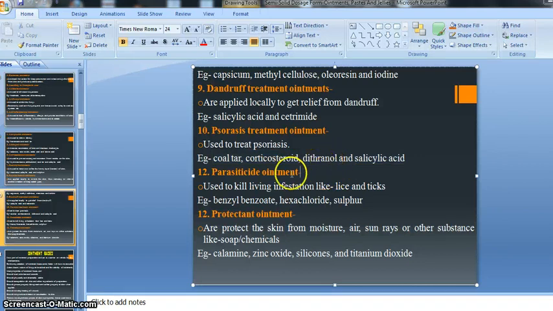Afterward, there is the parasiticide ointment. This is our 11th classification, the parasiticide ointment. As I said in our previous lecture also, parasiticides act on a kind of microorganism such as virus, bacteria and